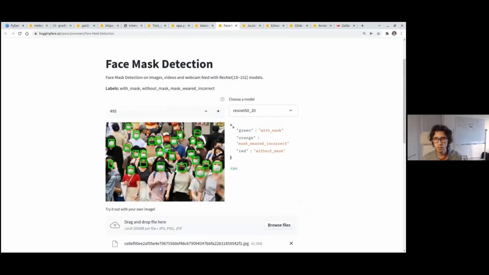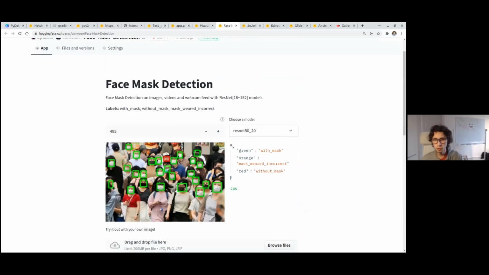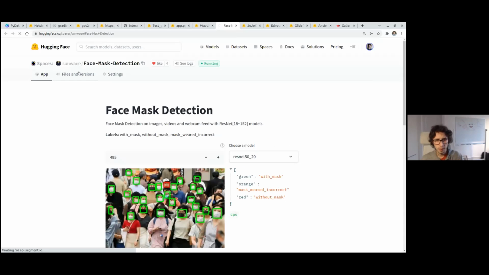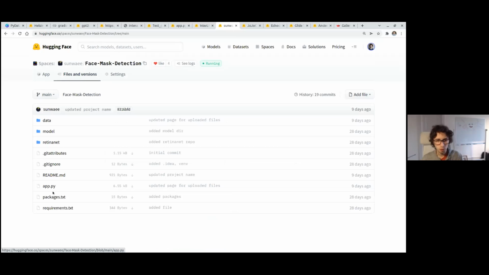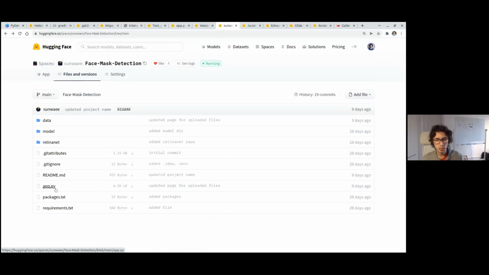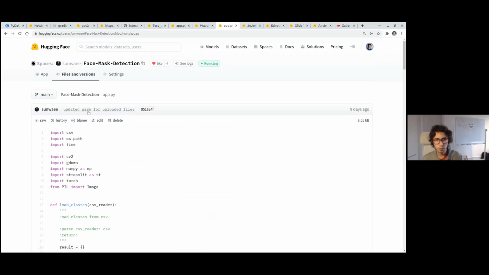It's very nice. And again, if you have local images, you can also try it out. Again, we can go to the code. Just as before, people have requirements.txt files with the requirements. So it's very nice because it's like an open, collaborative, community-led way of sharing this kind of models. You can go to the app.py.